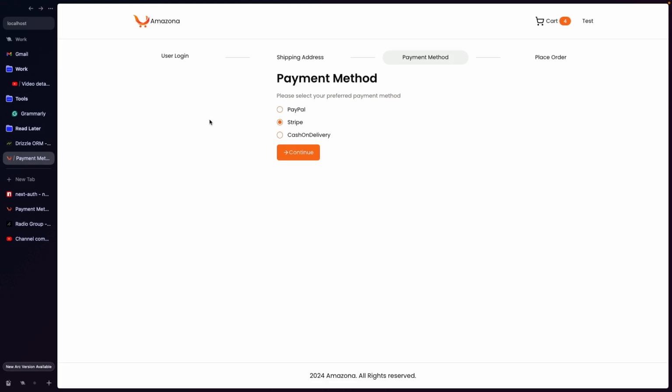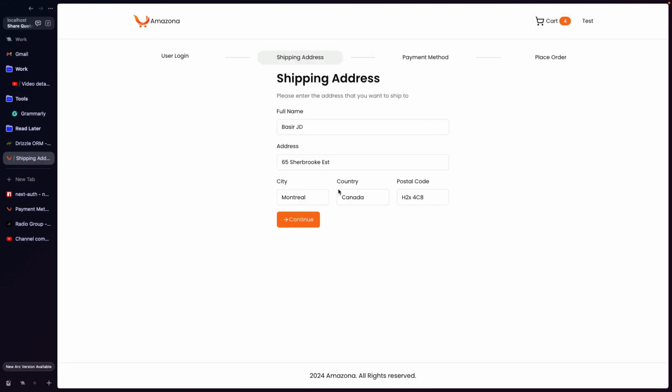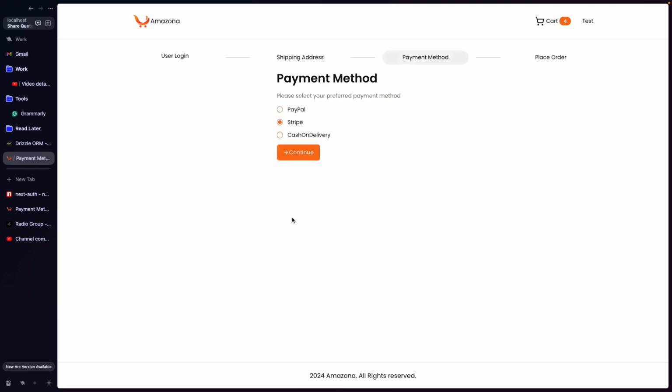In this lesson, we are going to create select payment method form. When user proceed to checkout from shopping cart form and in the shipping address, click on continue. Here, we are going to get the preferred payment method from user. So what we're gonna do in this lesson is to create this form and save it on the user preference